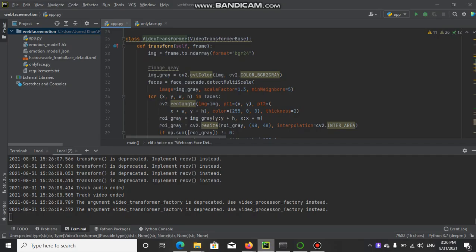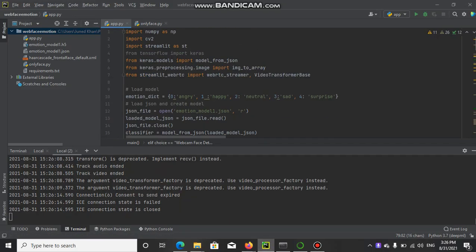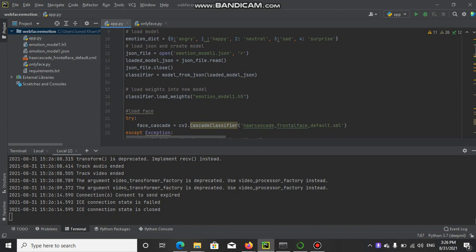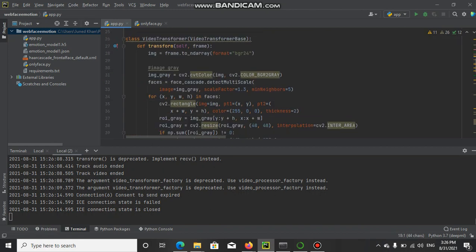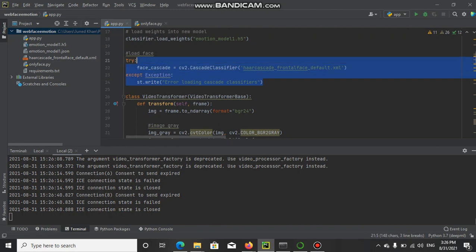Now we'll move to the code section. So this is the code. I just imported all the dependencies. This is the Streamlit WebRTC component which allows us to perform web streaming in the Streamlit application. Then I loaded my model. This is the emotion dictionary, which consists of the classes of emotions, and then I loaded the model, then I loaded the weights of the classifier model, and then tried to detect the face using the face cascade. Loaded this one,